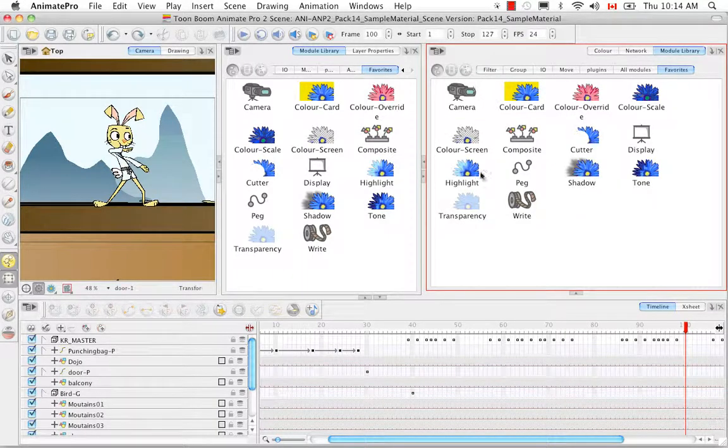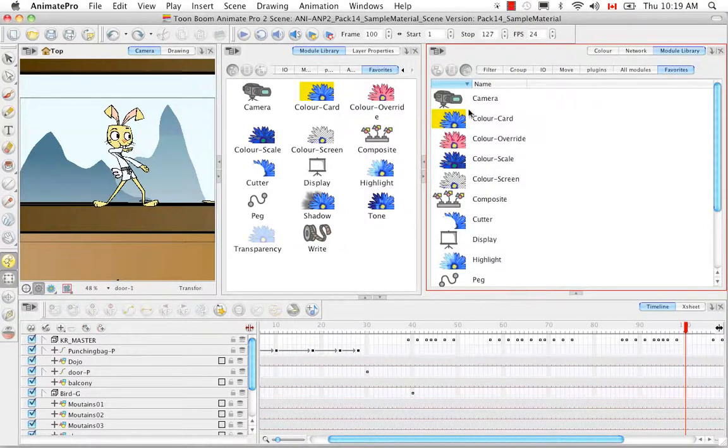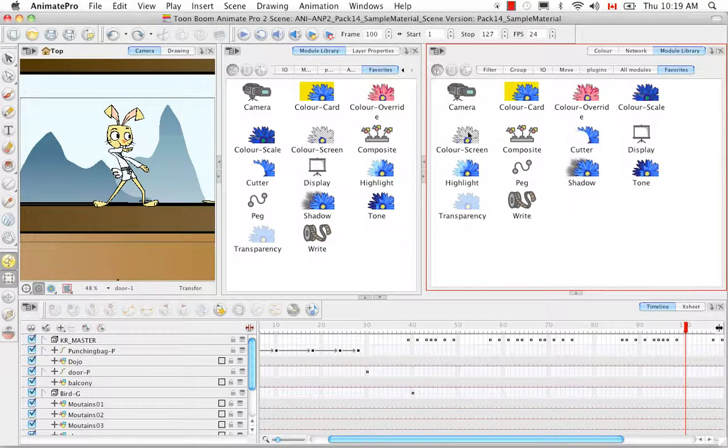There's also several ways that you can view these icons in the different tabs of the module library. What we have set by default is the view as icons. There's also view as list, and this lists all the effects modules of a specific tab in alphabetical order without their icons. Then there's view icons with names, and this shows you the icon of a specific effect module with its name beside, and once again it's listed in alphabetical order. So we're just going to go back to the view as icons, and I'm actually going to close this version